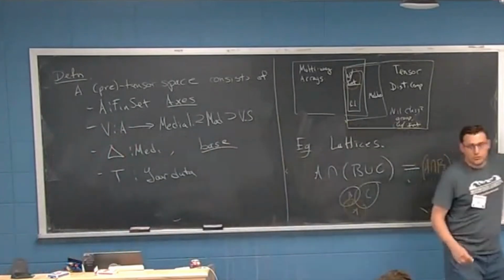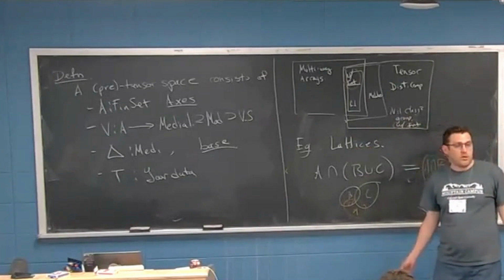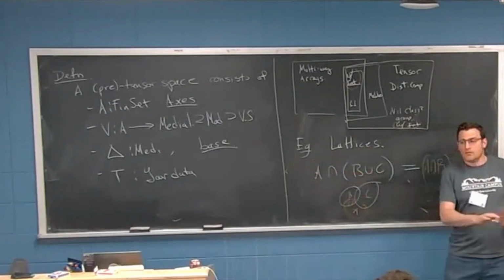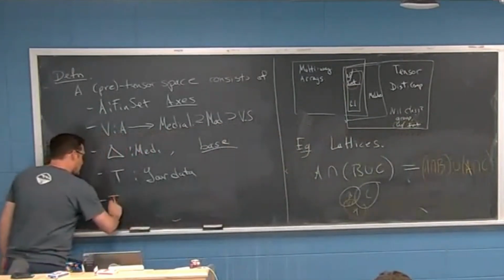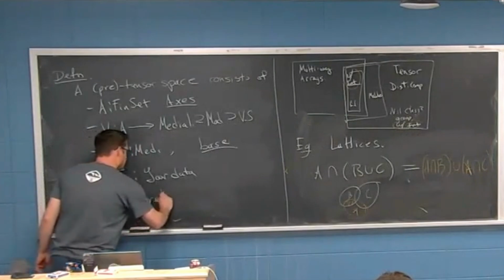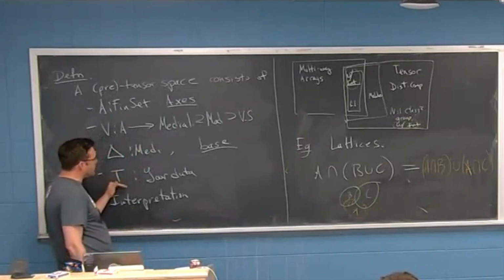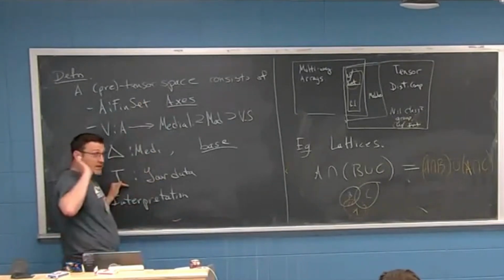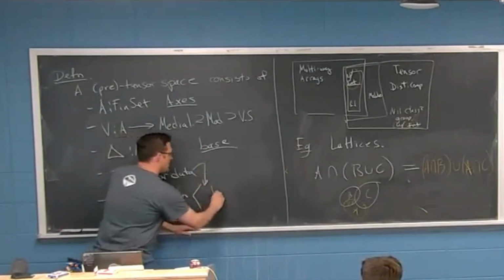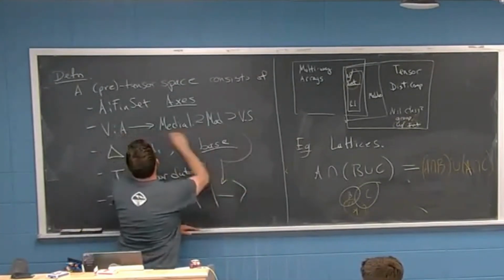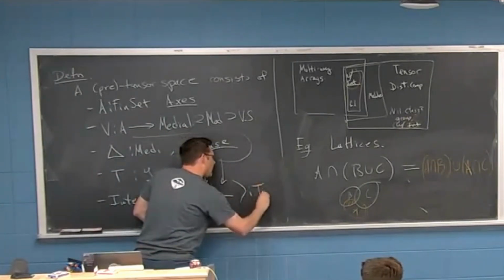It could be that it's class 2 nilpotent groups. It could be that it's multi-way arrays. It could be that it's quantum entanglements. It could be anything that you want to study using multilinear algebra. So that's your data. And the last thing is an interpretation map. So the interpretation map, it's responsible for taking your data and the axes you've picked and turning them into something that distributes. So there's a component here for your data, a component here for the axes, and then it outputs things in the base. So to write that all out,